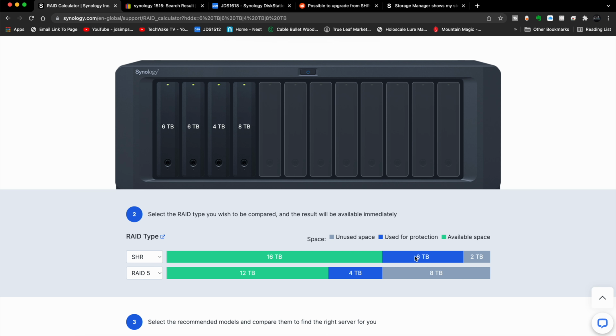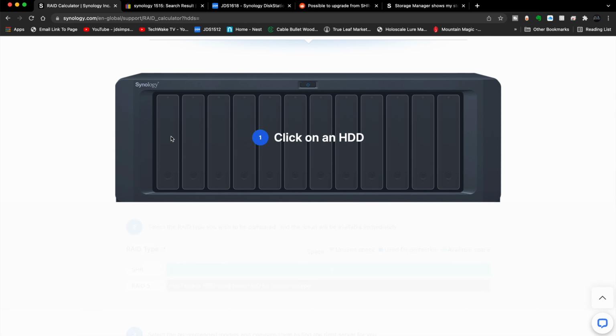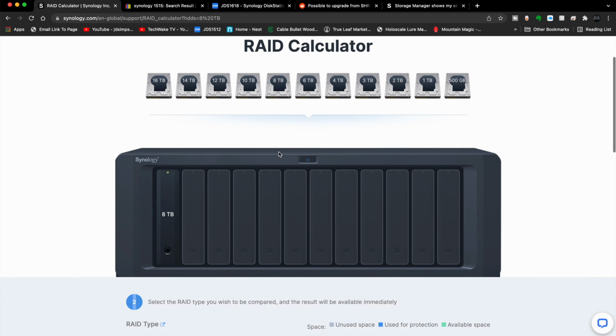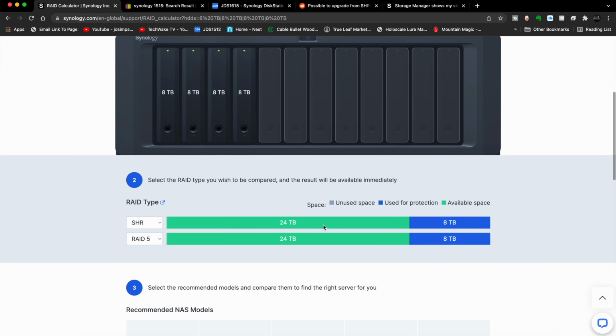So you have 8 terabytes of space held aside to take care of the largest drive in the array. So it's not always a great idea to mix and match really small and really big drives because you end up with a kind of wonky array of disks. But, you know, if you put in 8s right away, you're going to be in good shape.